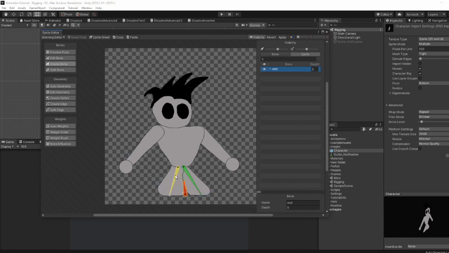Now, if you decide that you want to actually have an upper leg and a lower leg, we're going to click on the split bone, hover over the bone we want, and now I've just added a secondary bone. Same thing over here. I've added a second bone,